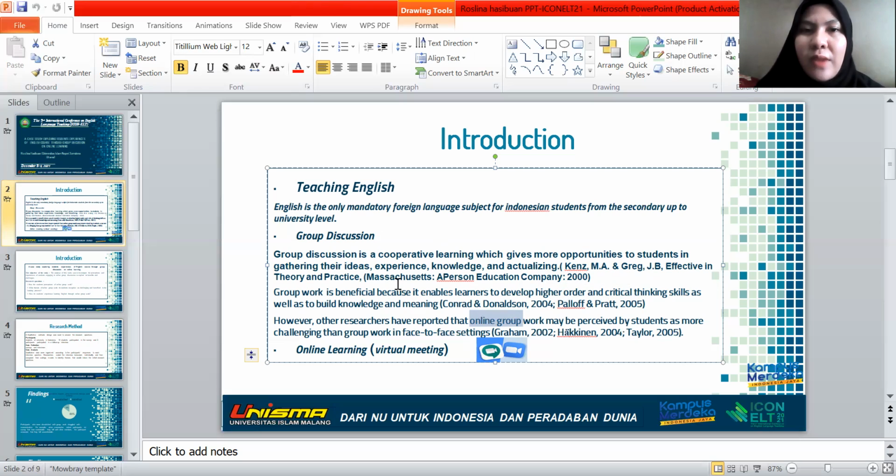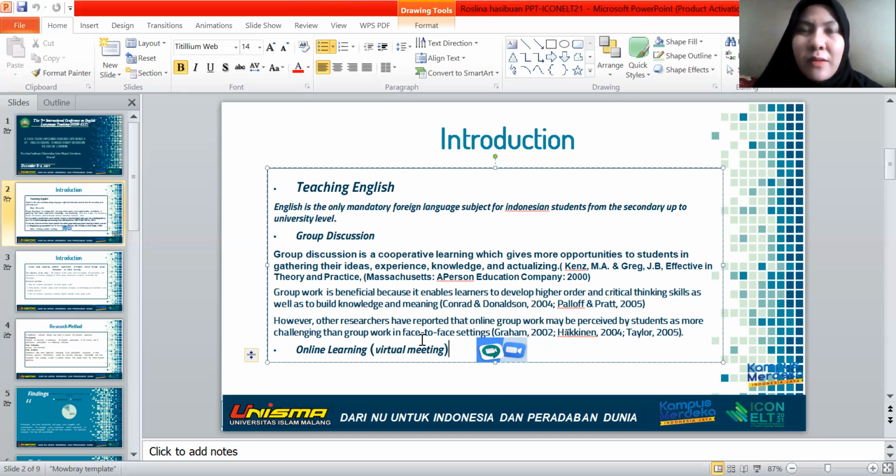So to face the pandemic, all education systems changed their rules from offline meetings to online platforms. In Indonesia itself, people mostly use virtual meetings from these apps, Zoom and Google Meet.